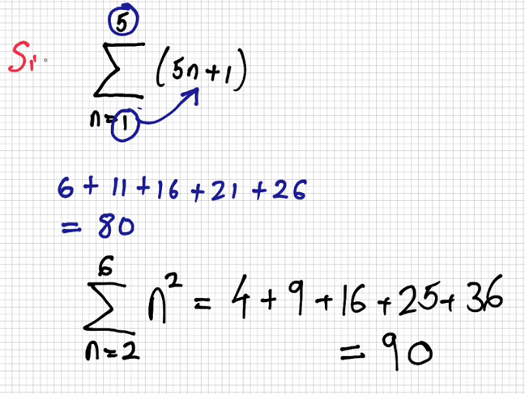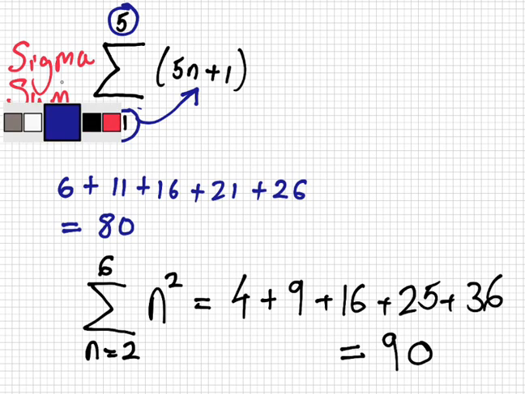Sigma is the Greek name, or you can just call it sum or summation. What does 6 mean? 6 is where you stop. But if you start at 5, in the 6th term, when n is 6, it starts and ends. Start and end. So if you look